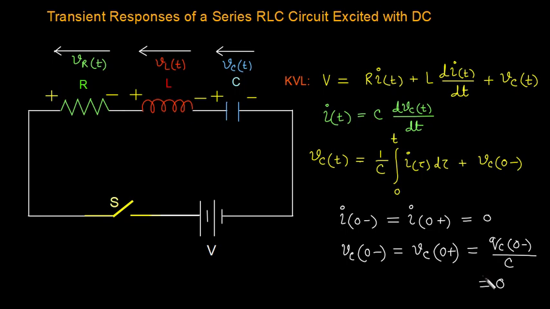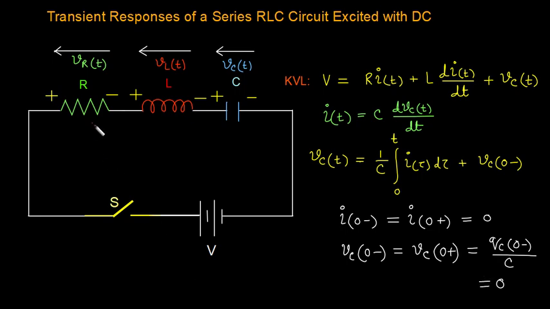Series RLC circuits are useful in tuning the strength of radio frequency signals in communication. An RLC circuit is also used in different power electronic circuits as an oscillatory circuit or tank circuit. In this video, we will discuss the transient behavior of a series RLC circuit. Here, we will see how the responses in an RLC circuit change from one certain level to some steady state level for different sets of values of R, L and C.